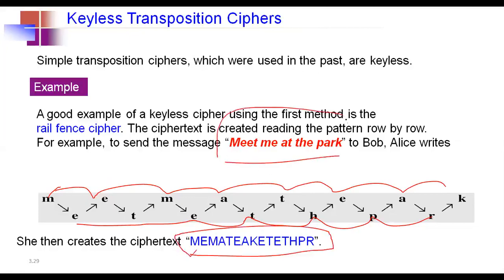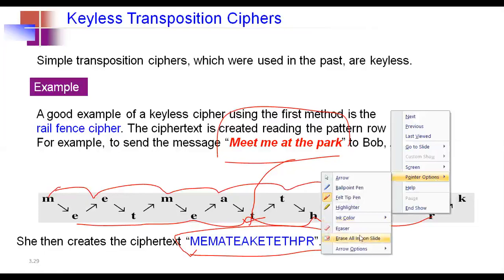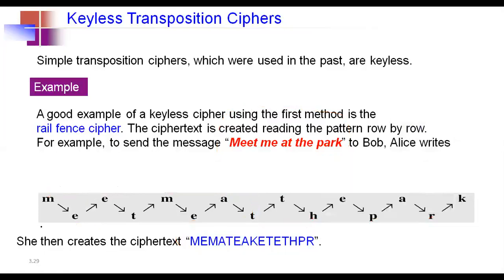So this is the ciphertext for this plain text. The actual text is this one. Its ciphertext is this one. How did we get this? Very simple. I divided all the characters into two rows, one by one. The first character is in the first row, the second character is in the second row, again the third character is in the first row, the fourth character is in the second row.